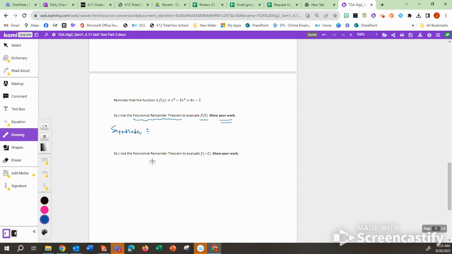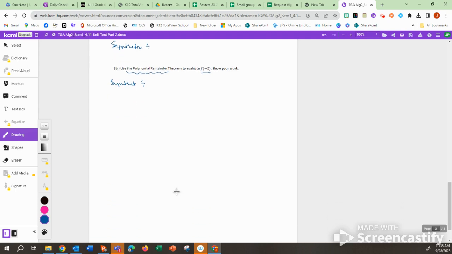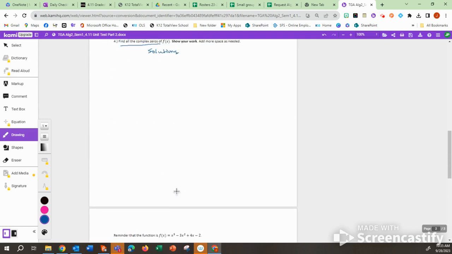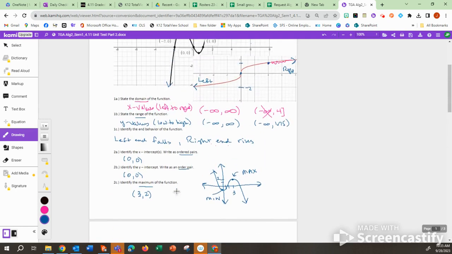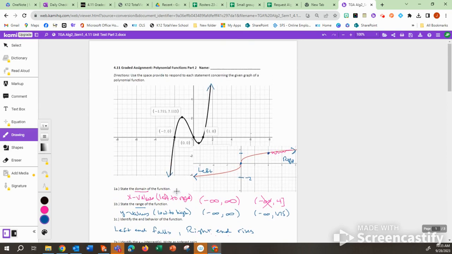5b says use the polynomial remainder theorem to evaluate f(-2). So same problem, using the polynomial remainder theorem. That means you're using synthetic division to find the remainder. And this time you're using -2, when in 5A you were using, excuse me, positive 5. All right. Hopefully this was helpful. If you still have questions,